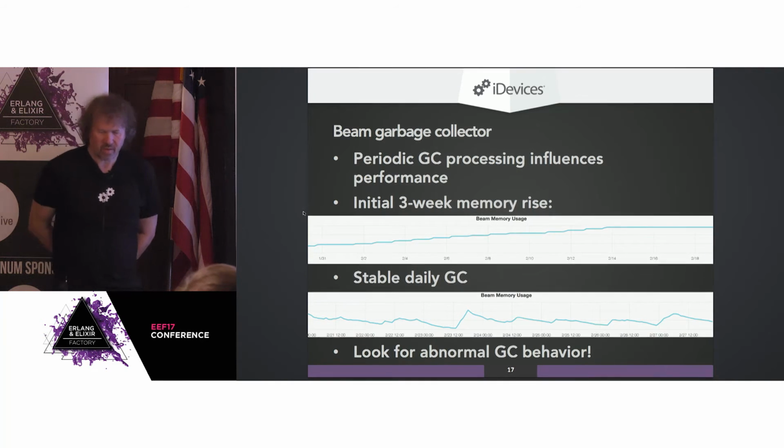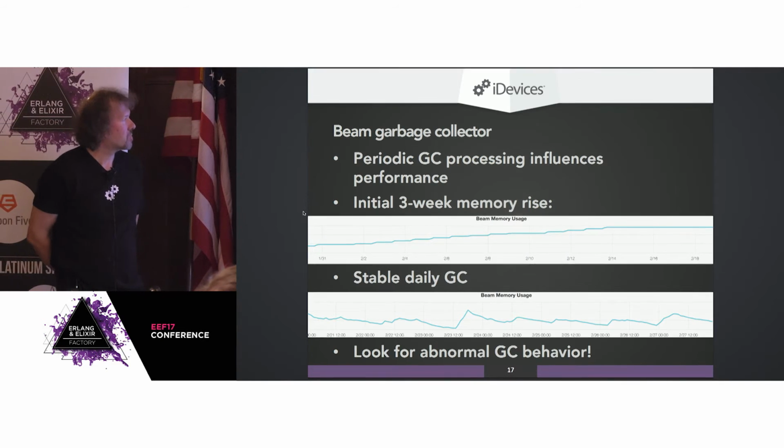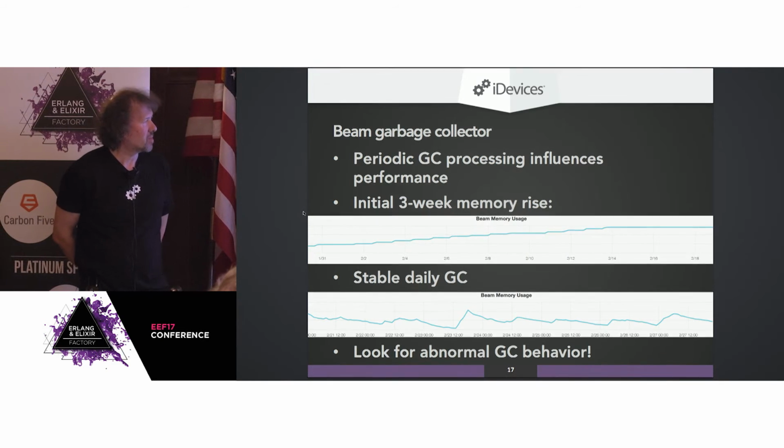So let's start from very basic stuff. This is observing the beam memory in normal operation. When you boot a machine, you're going to see how over a couple of weeks the beam memory goes up and then stabilizes at some point. Essentially about once a day it does small jumps and then it stays there, and then when it gets to some maximum